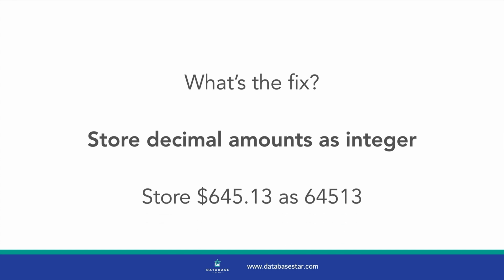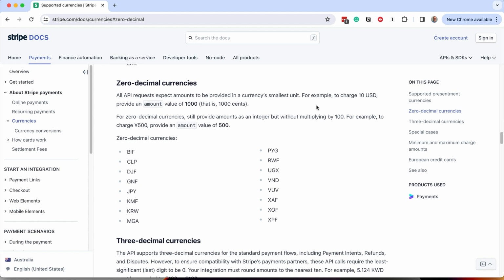For example, you may want to store currency as divided by 100, which means storing cents instead of dollars. This means a value of $645.13 is stored as 64513. This isn't just my recommendation. It's often mentioned on sites like Stack Overflow, and it's how Stripe, the payment processing company, defines their API.